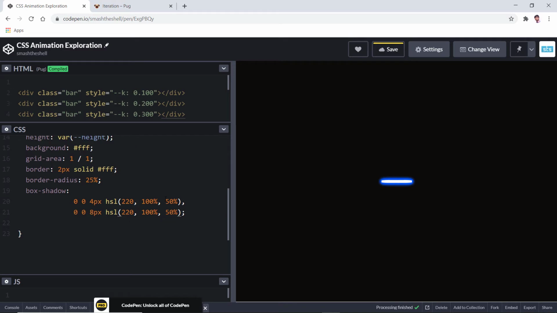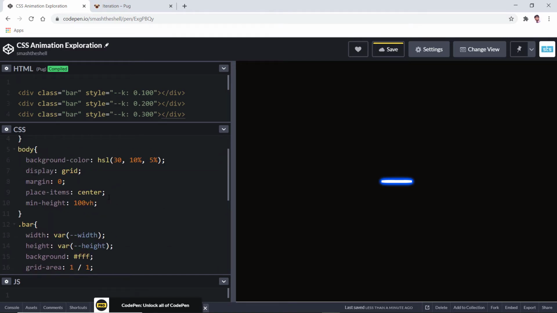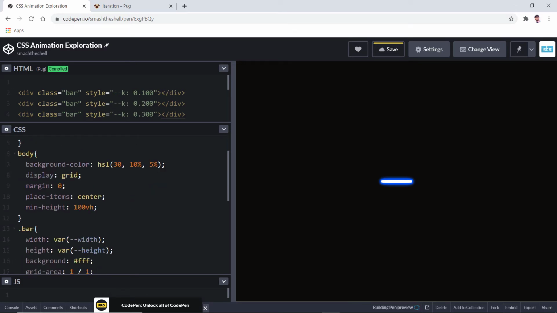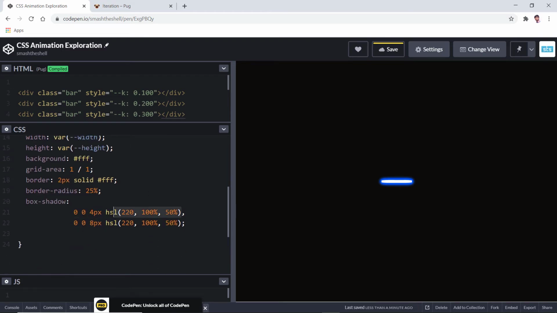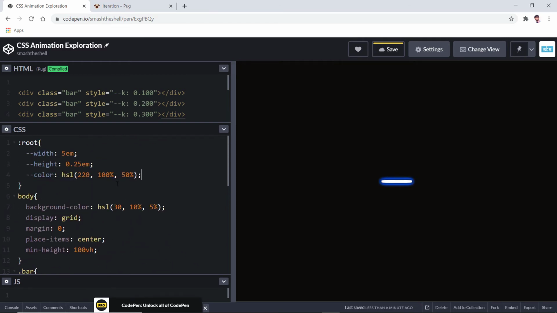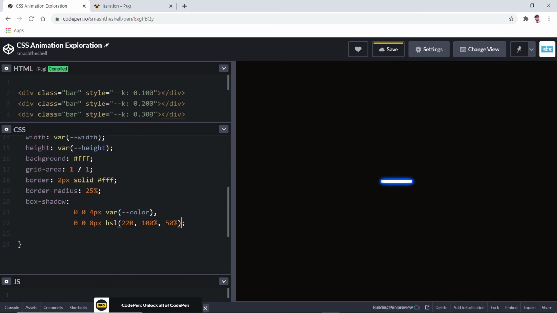Now you're gonna see that I'm repeating this value once again. So let's go ahead and create a variable for this. Let's say color, and I can just cut this value from here and let's say var color and paste it right about here. And now let's go ahead and delete this and say var color,